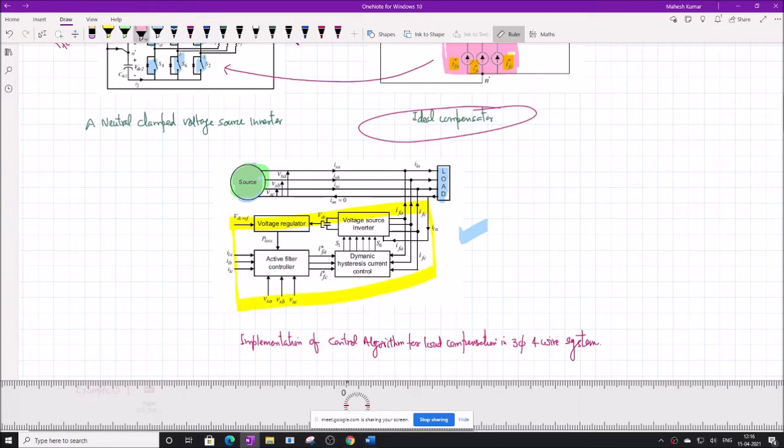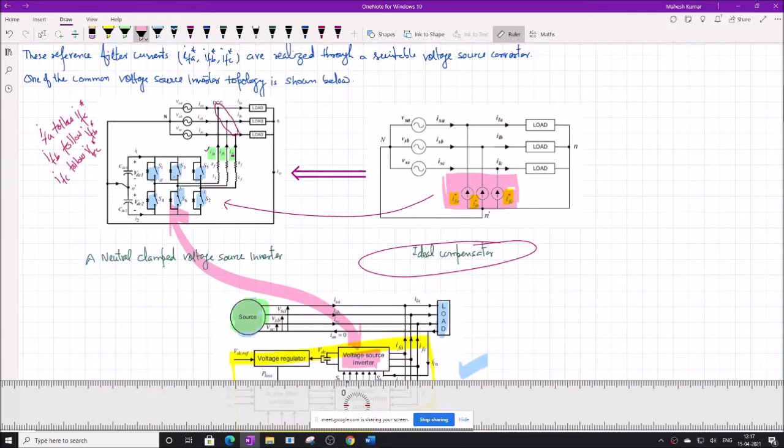Voltage source inverter is here, which is taken from this voltage source inverter. Now you may ask why I have chosen this topology. There are various topologies, of course: 3-phase 3-wire, 3-phase 4-wire, inverter chopper topology, H-bridge topology. There are many. I have chosen this because it's very generic in nature and it can take care of AC and DC load compensation. Otherwise, you can take any of the voltage source inverter topologies. But for understanding, we have chosen this, and it is most generic in nature.